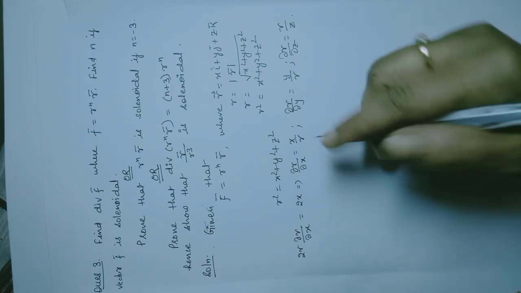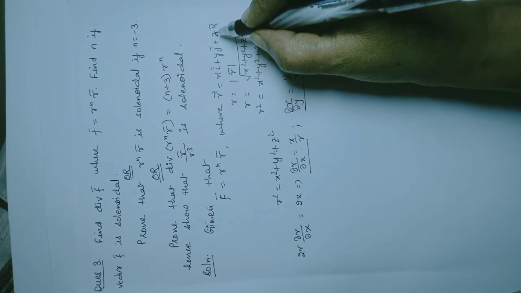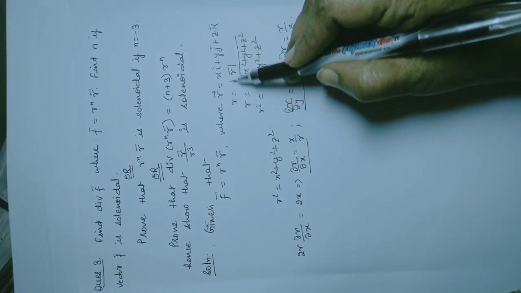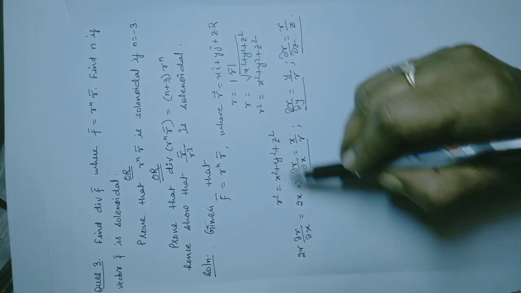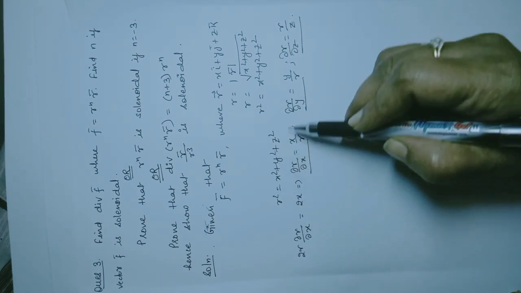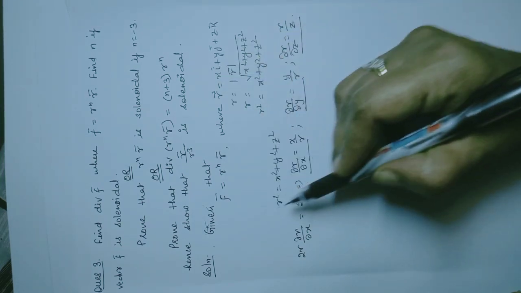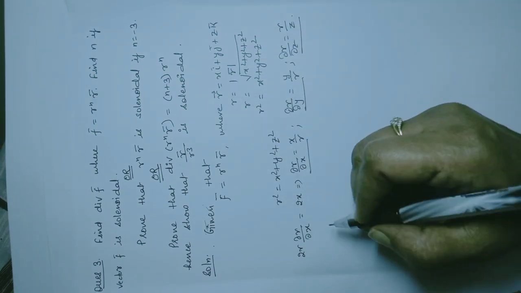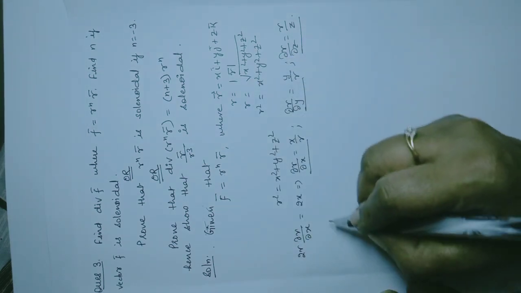Right? So remember these standard things. r is a standard position vector xi plus yj plus zk, and r equals modulus of vector r. So you get r square is this much, and if you differentiate partially with respect to x, y and z, you are going to get these values. So this is standard. Whenever you get vector r, you have to use these things, right? So now let's get back to our vector f.